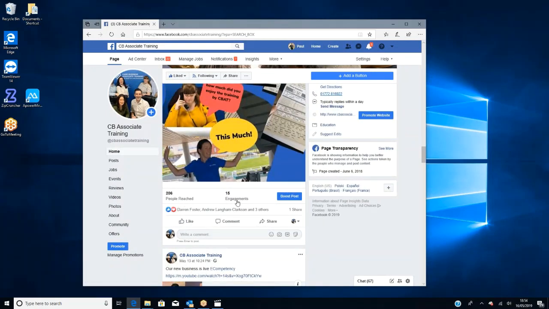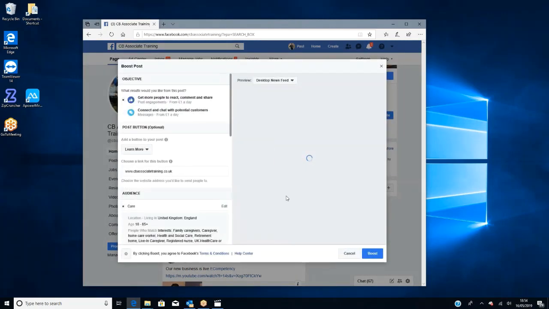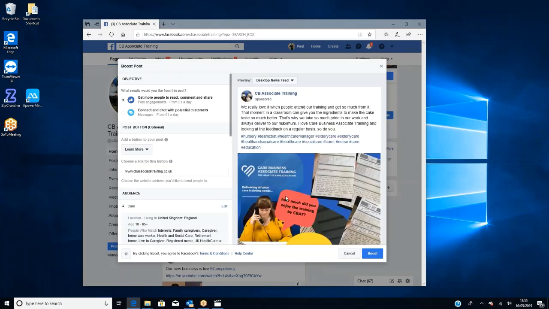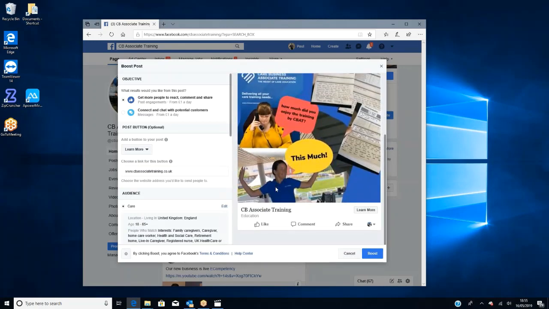And that's because Facebook wants you to boost, and it's the same with Instagram and YouTube if you have a YouTube channel. So what we mean by boost, if I go into boost, and this is very important because this is actually the dynamite for you. It's how to get people to interact. How are you going to get them to see your post?